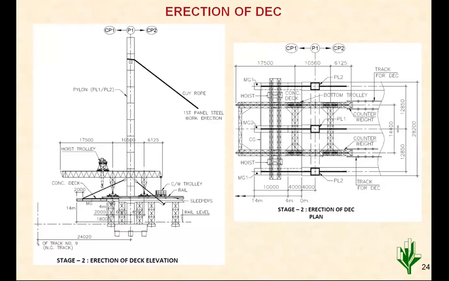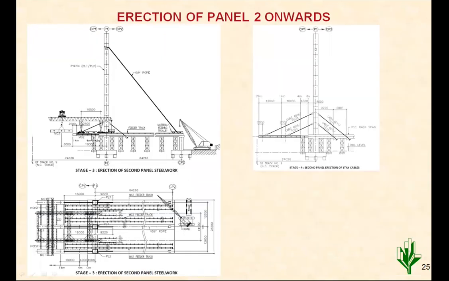So now we have seen how the deck erection crane works, and over the railway track, nothing is freed from below, only back feeding is done. So whatever completed span is there, from that side only the feeding is done. And then at regular intervals, this erection and cable stressing, etc., goes on till the end of the 124 meter span. Almost 10 segments are there, and that was erected in a time schedule of less than 1 year or so.